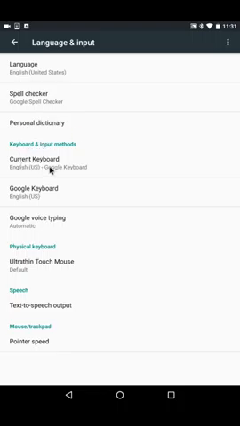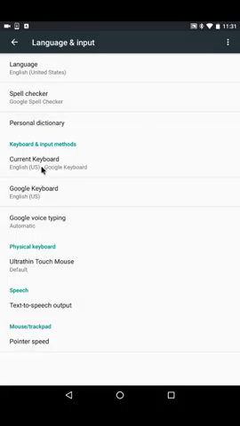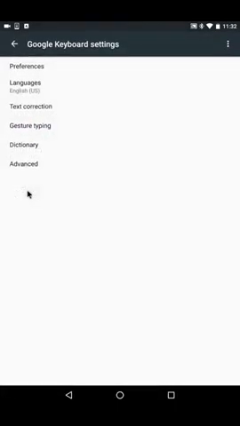And then current keyboard. Our tablets come preloaded with the Google keyboard. However, you can download third-party keyboards and Android keyboards. And then here's this first option. Here's where you would choose which one you want. We have the current Google one. This next one that says Google keyboard, this is where you can actually change the preferences for yours. So if I go here and I look at preferences,